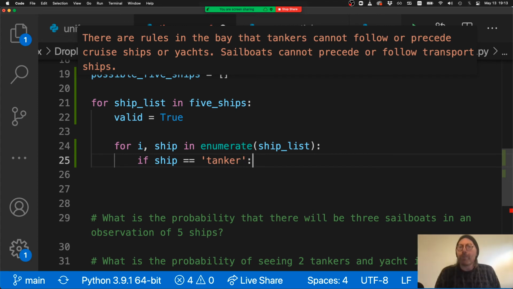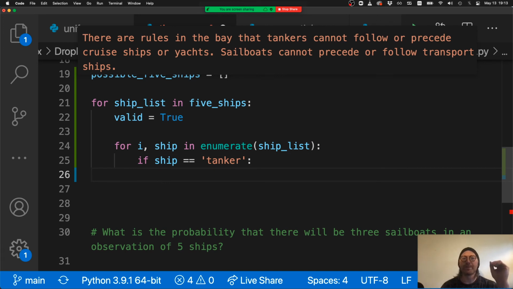We're translating from informal language into formal language here. If that ship is a tanker, then we're going to do some things. We're going to first consider if that tanker is in the first position, right? Is it the first ship that's going by? Because if it is,